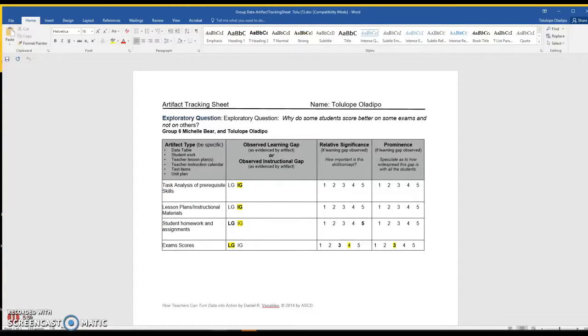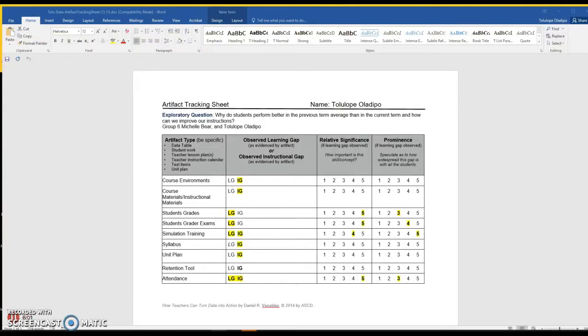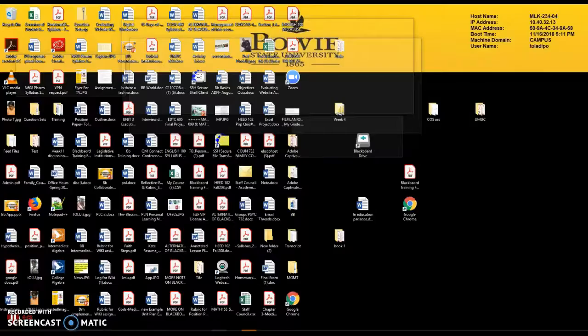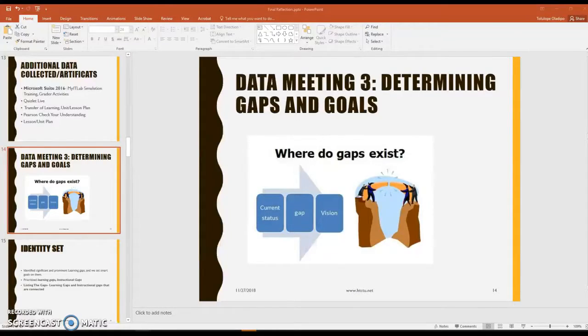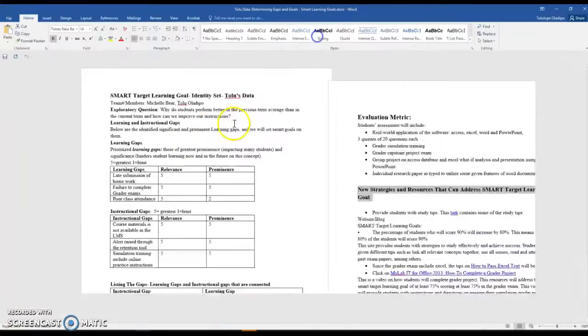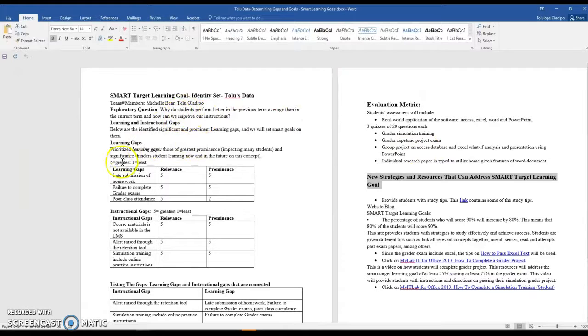to do identity setting. In setting identity, here is what we did. We went ahead to identify the learning gaps. We prioritized the learning gaps and the instructional gaps. You saw through the